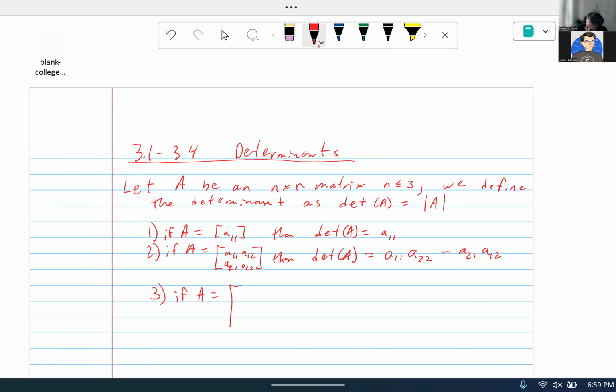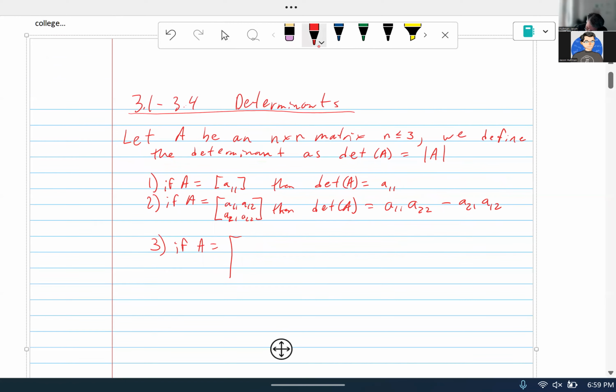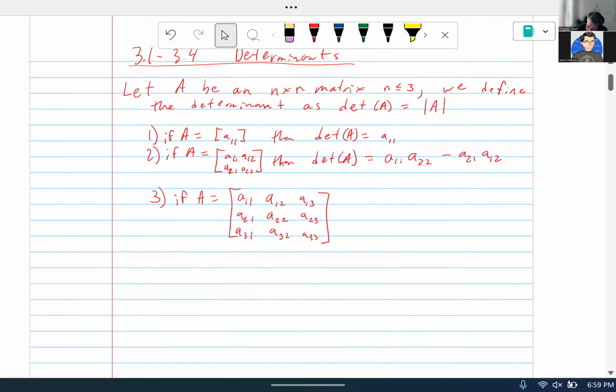Okay, 3. If A is a 3 by 3, then things get a little more interesting. We have A11, A21, A31, A12, A22, A32, A13, A23, and A33. Okay, and then the determinant of A